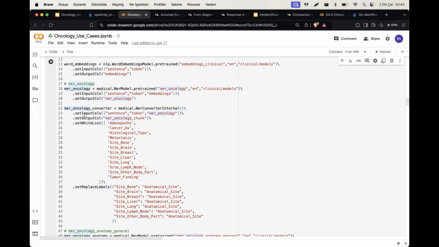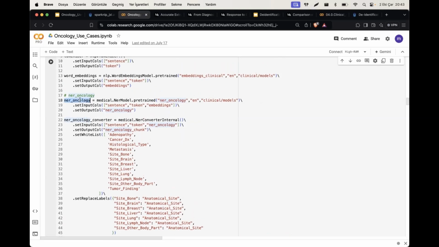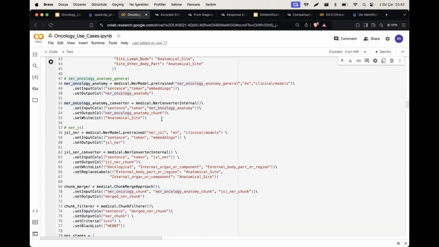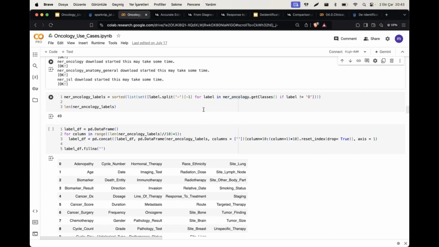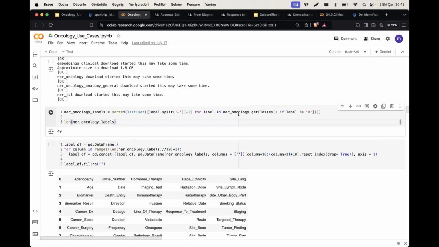If you would like to see which labels these NER models have, you can just check the labels by using the get_classes method, okay? NER oncology dot get_classes returns all the labels that this model has. Since this is an NER model, it has B and I tagged labels and also O labels,